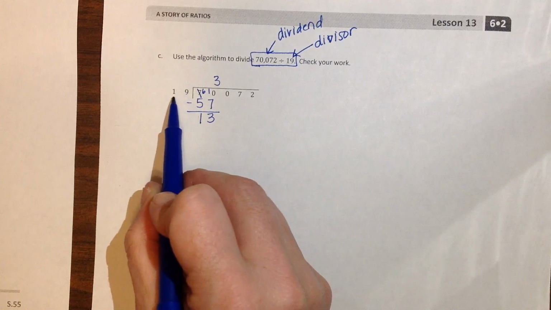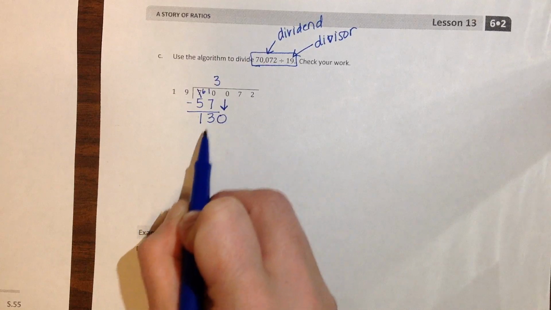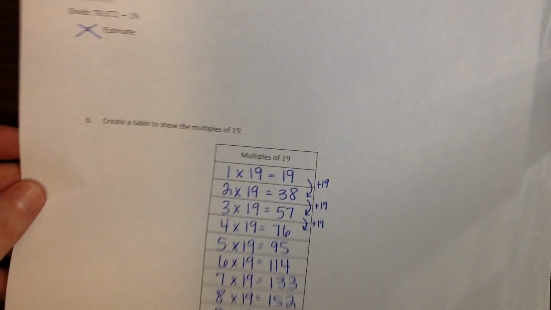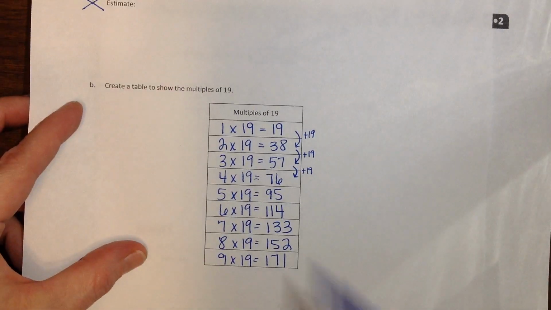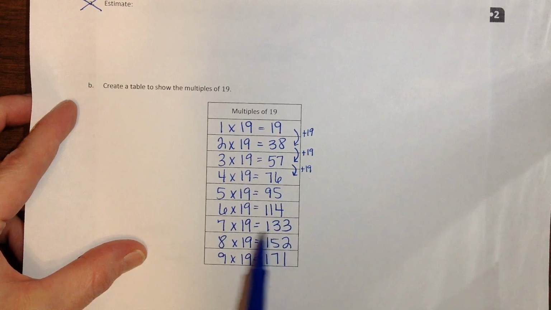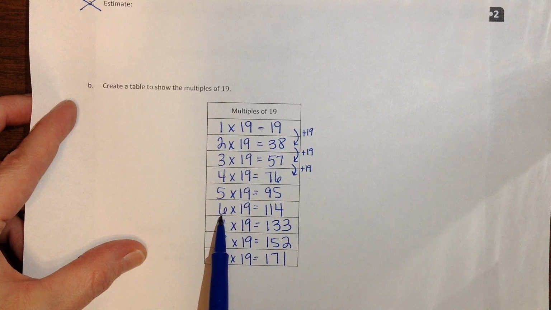We get 13. We can't put 19 inside of 13, so we bring the next digit down, which is a 0. Can we put 19 inside 130? Again, let's go over to our multiples table. We want to go into 130 without going over. If we go to the 7 times 19, we go over 130. So we're going to say it goes in there